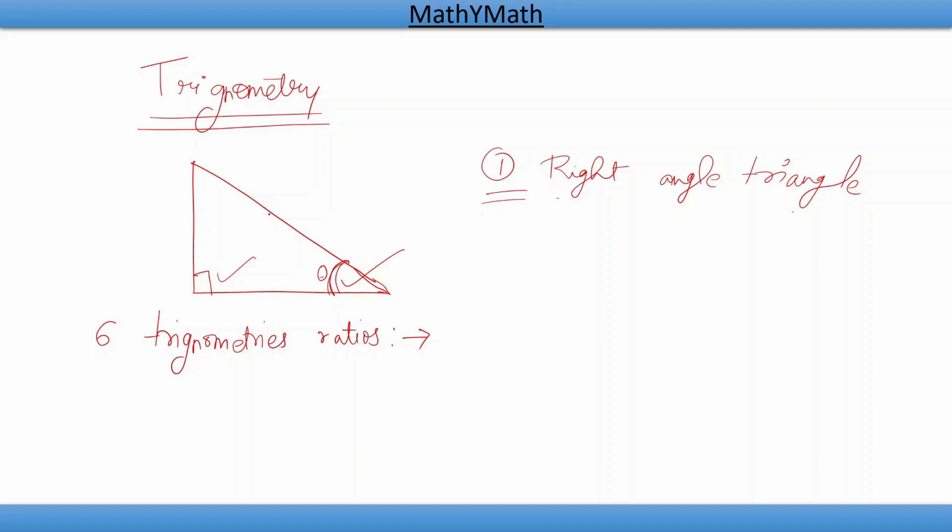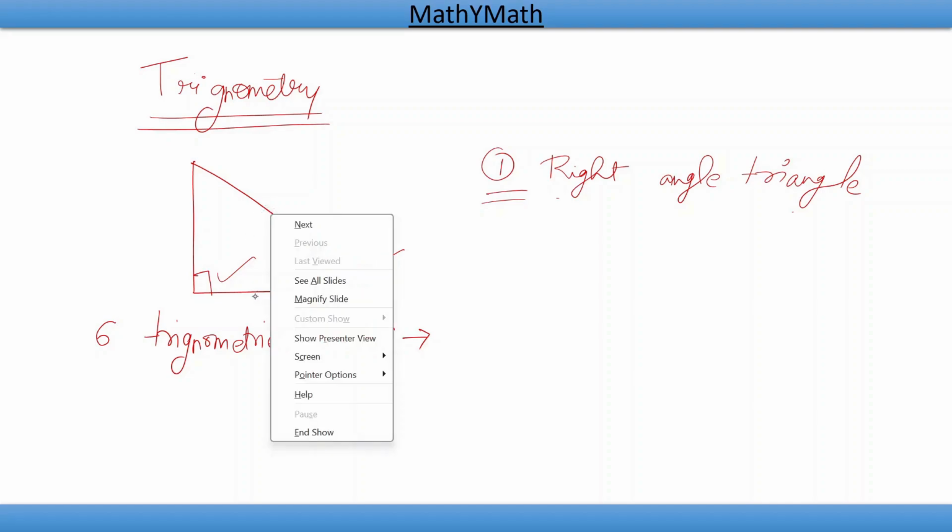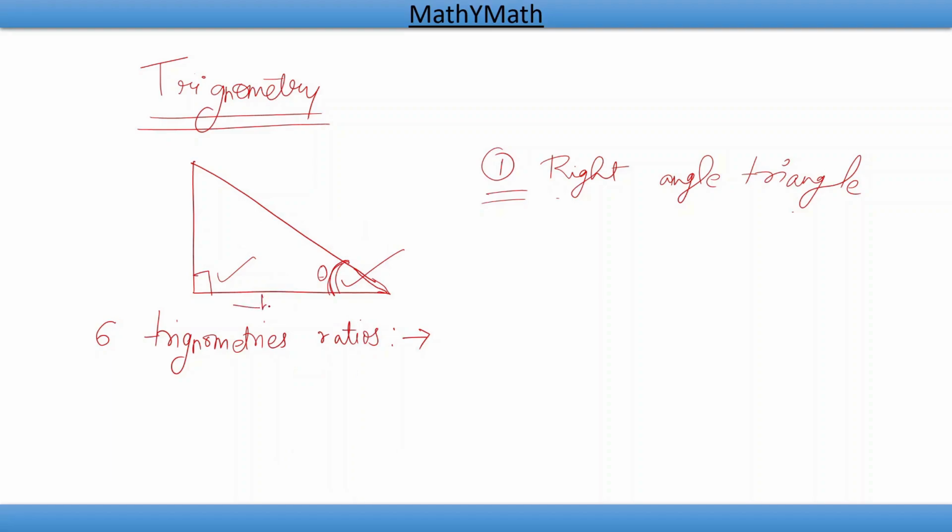So let me elaborate what this triangle has. This part is called the base. That is the base of the triangle. This length is called the perpendicular, that makes the 90-degree with the base. And this side, that is the longest side, is called the hypotenuse. I am writing here on the triangle as well because we use the same names as the triangle sides in the